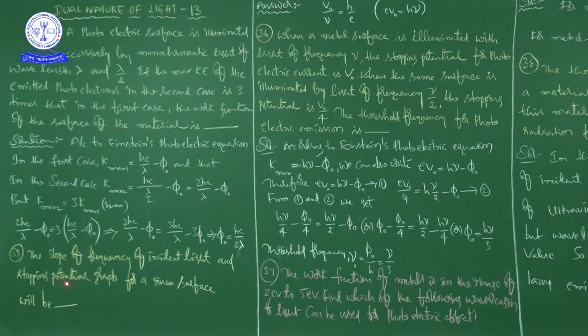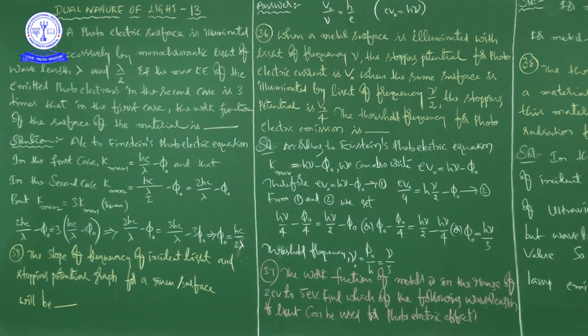Next problem, 35. See here, the slope of frequency of incident light and stopping potential graph for a given surface will be, right. So you know very well, slope means y by x, no, m is equal to y by x, right. So whatever quantity we have taken on y-axis by whatever quantity we have taken on x-axis, right. So y by x, that is V naught by nu